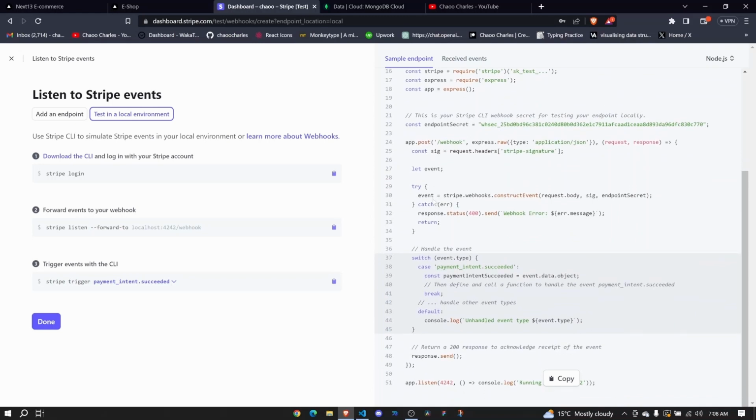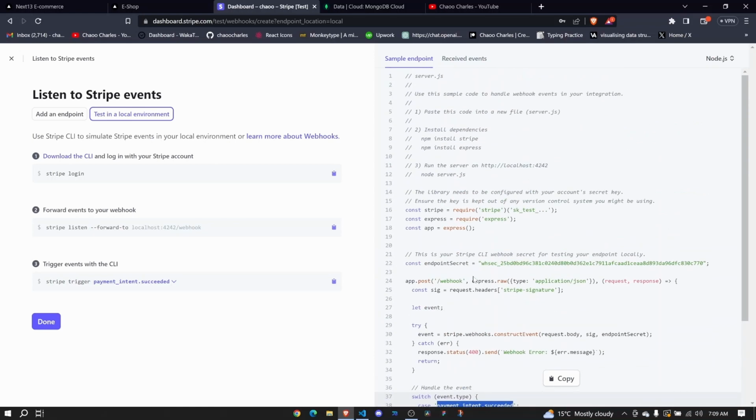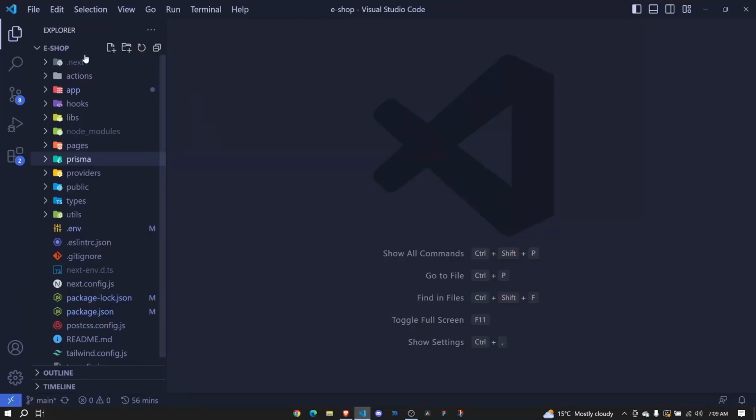So all we need to do is to create an event, and we'll create an event using this method here, and we pass our request body. Now the thing is, this request body should be raw data, okay? And we pass a signature, we pass an endpoint secret, and then after we get our event, we'll be able to use that event to check its type. So if payment is succeeded, we can do something right here. If we have a charge succeeded, we can do something, and so on. Okay, so to begin with, we will create this endpoint, and then later on I'll show you how to run it. Okay, so let's go back to our VS Code,